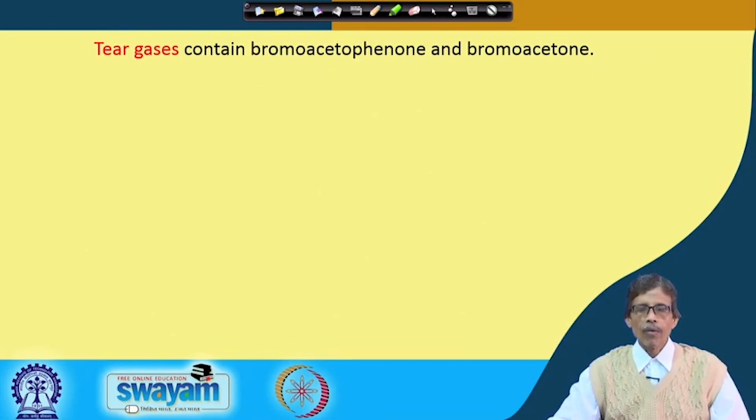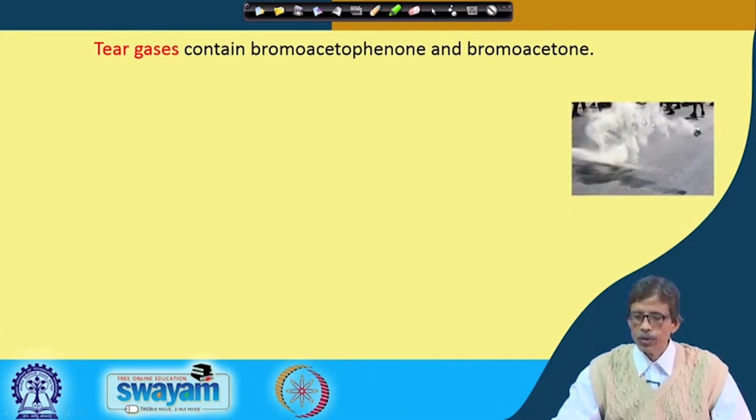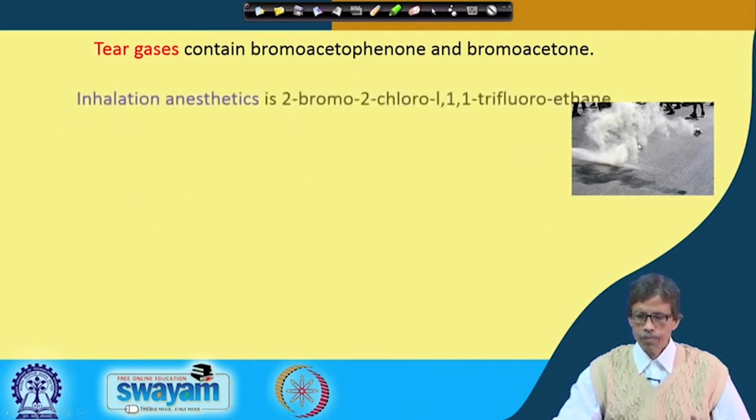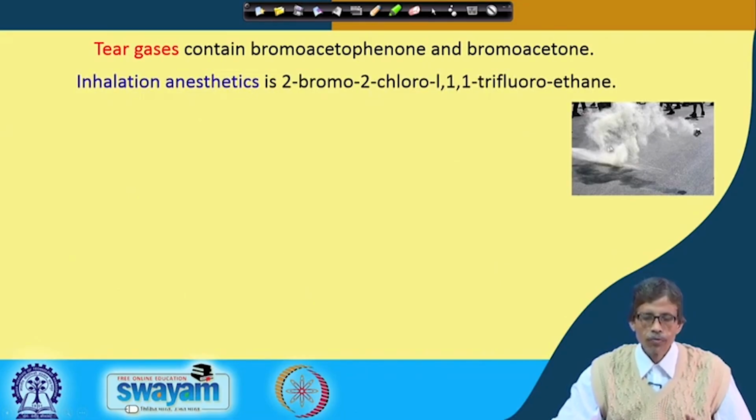So, if we have in our hand the acetophenone molecule and the acetone molecule, and we are able to brominate them using elemental bromine, we get the typical application as tear gases. So, this is your tear gas smoke, and it is basically available in a shell. When you break the shell, it releases fumes, and people simply move away from there to avoid those fumes. Then it is also useful for some inhalation anesthetics,